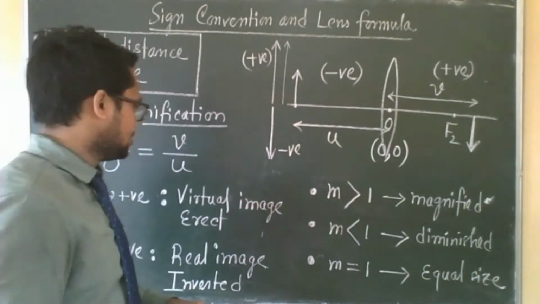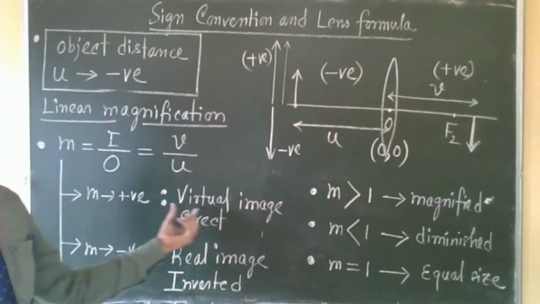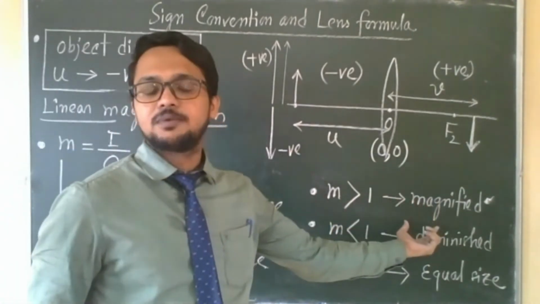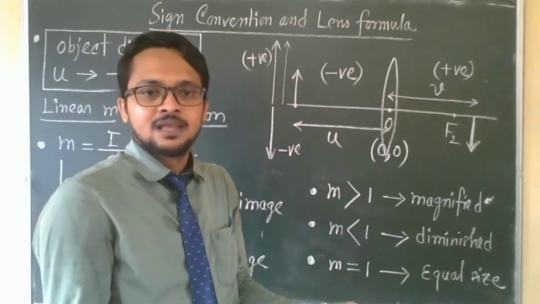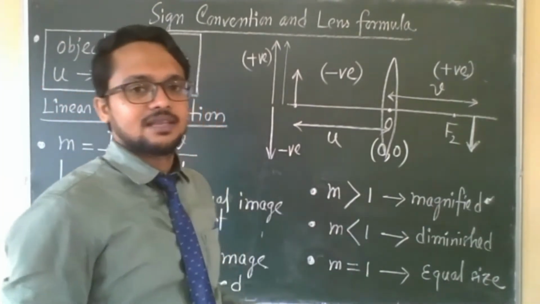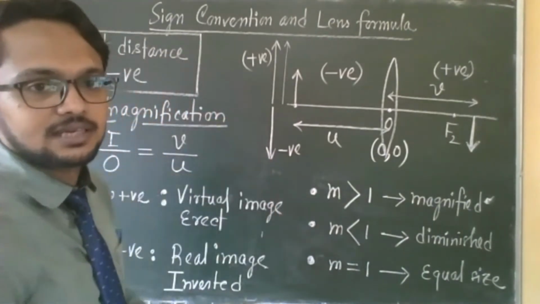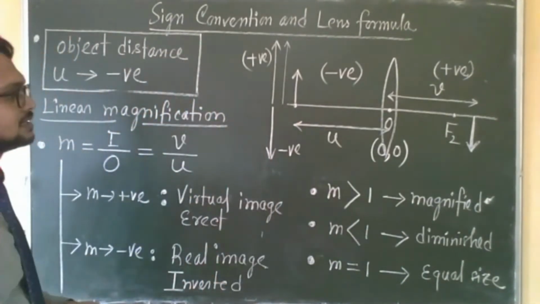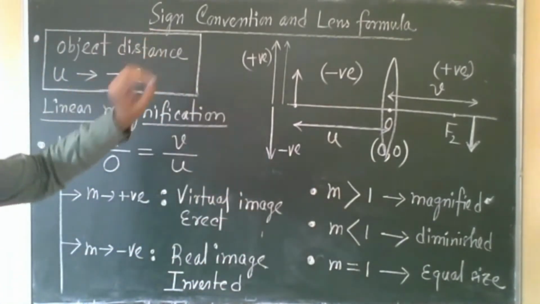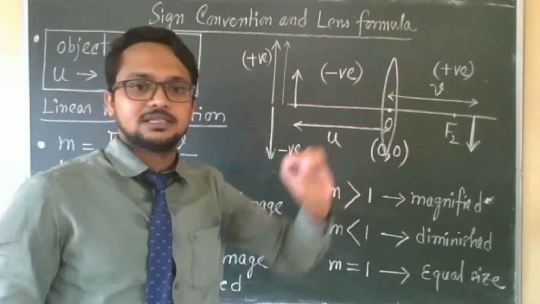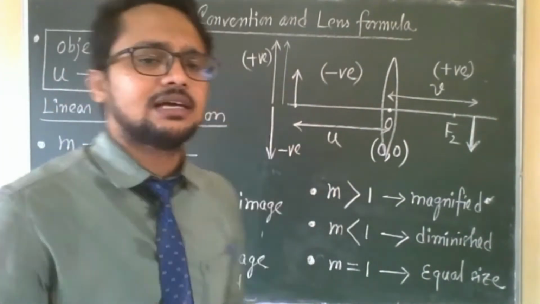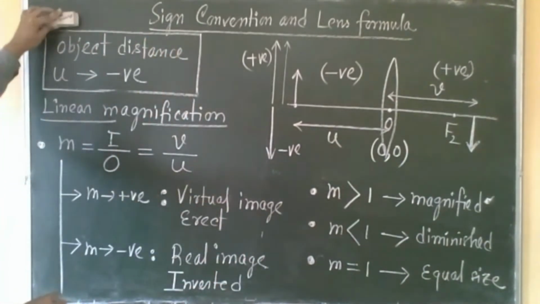So from the sign we can write two properties. From the value we can write the third property. Finished. After that, if you keep in mind the image formation, then you can write the type of lens also. So these are all about the theory, all about the sign convention. I'm coming to the lens formula, just wait. Now come to numericals: which kind of conceptual question you can get.